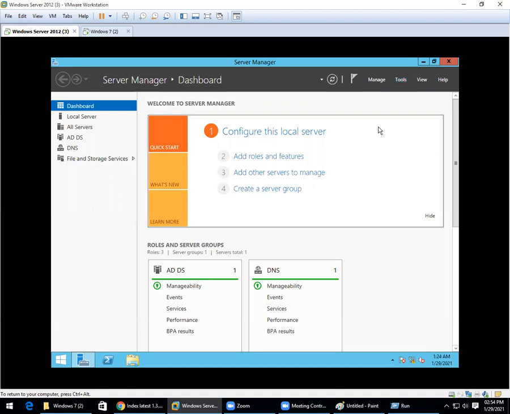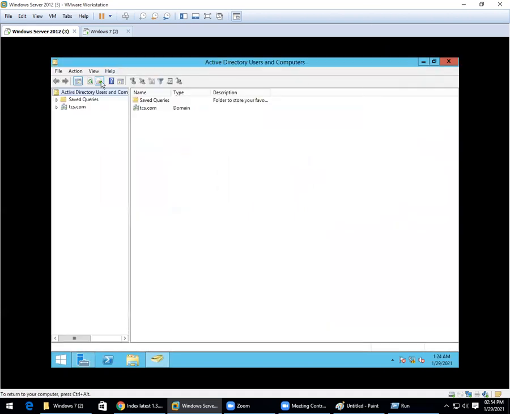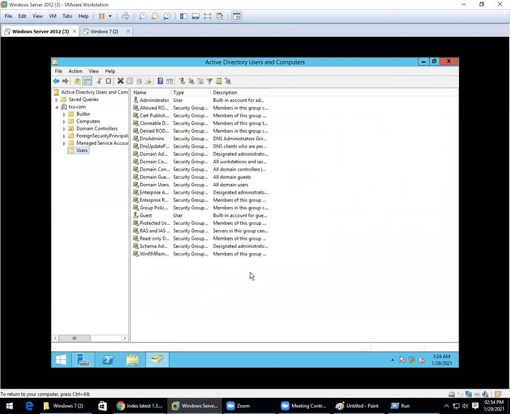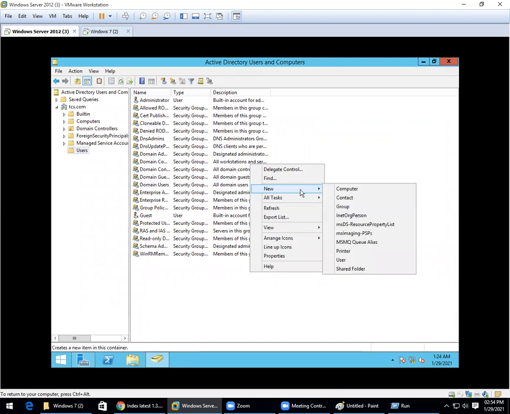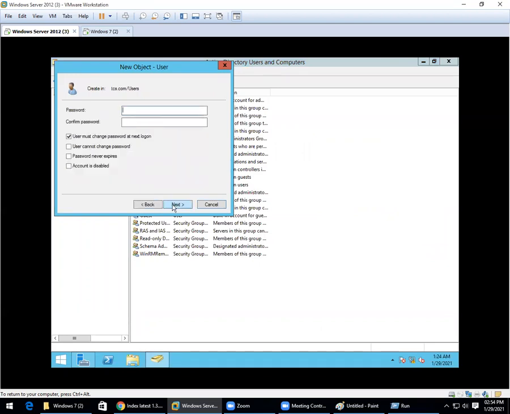When I enter into Users and Computers, it will ask me to expand the domain controller. So this is your domain controller name which you have given, and in this go to Users and right click. You get an option called New, and here you give a user name, u1, and the login name the same, u1. Next, and the password which you want to give to that user, I'm using snat@123.